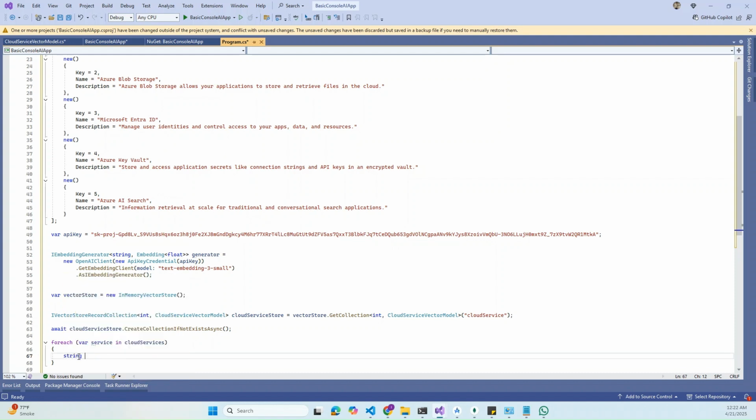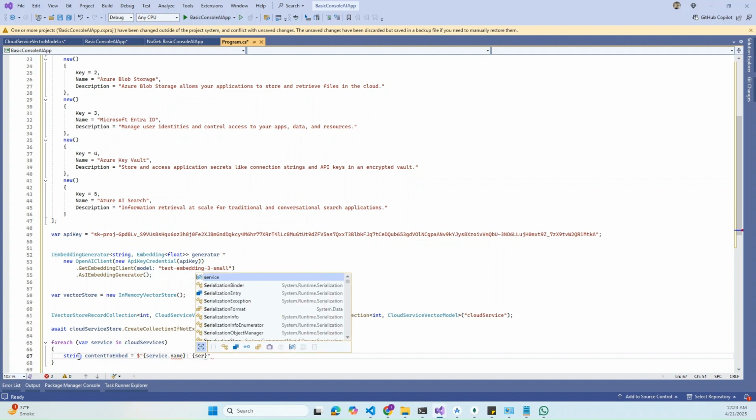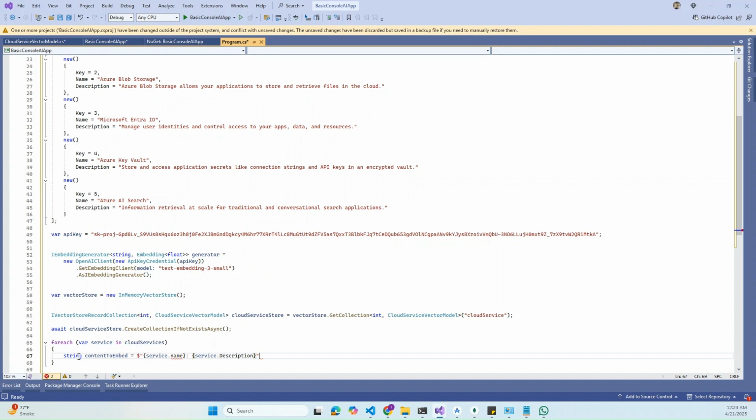So we say string content to embed is equal to, then we will use verbatim and say service dot name colon service dot description, right? So basically this is the content. I think the n in name is capital. Okay, so this is the content we will add, and then next we will say